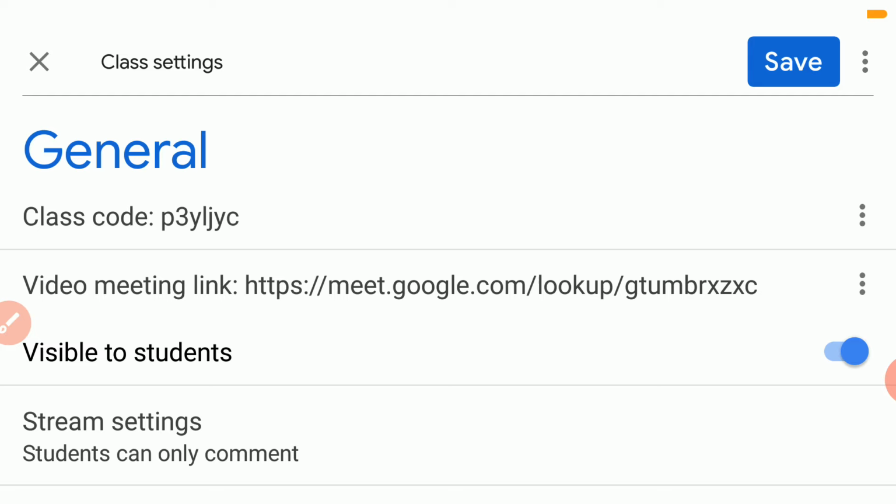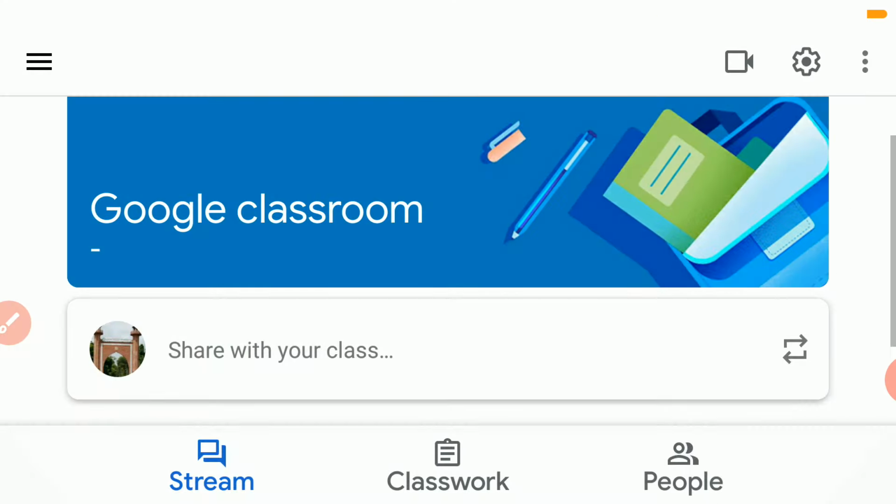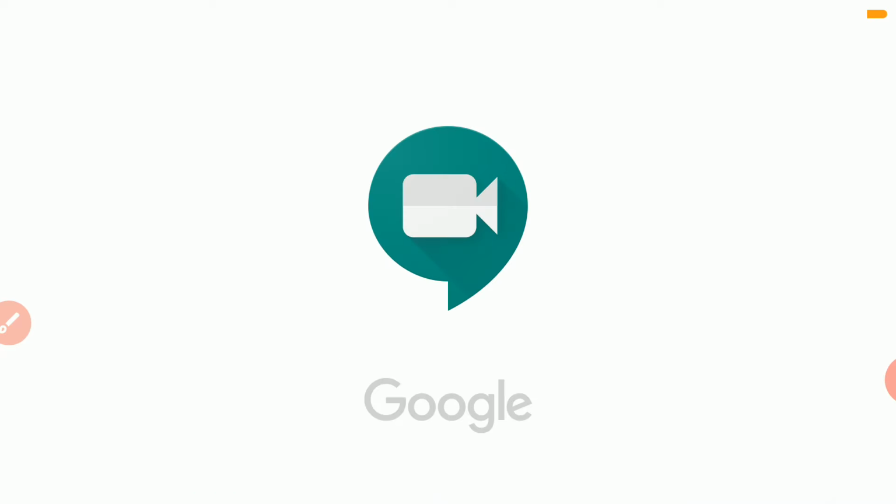I can make it invisible also to the student. If you make it invisible, it will not be visible to a student. So I want to demonstrate it, that how you can start. So I'll make it visible to a student and save the setting. Now you can see on the top right corner beside this setting icon, there is this video camera icon. So you have to simply click on this video camera icon,